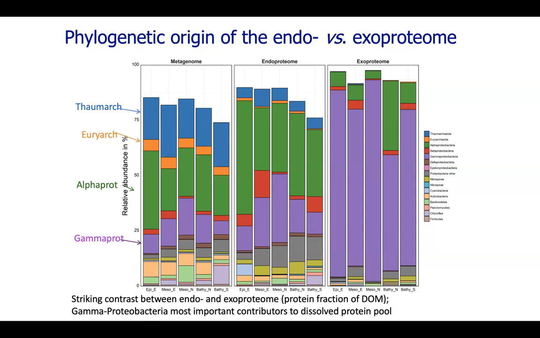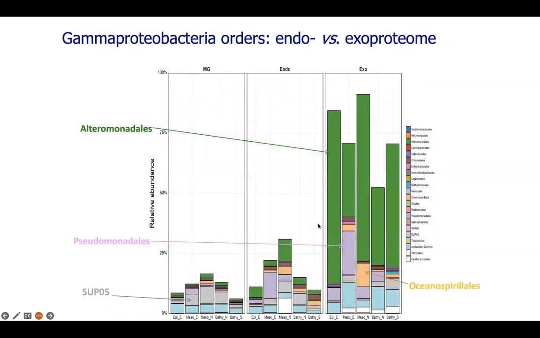And what you see is, well, the metagenome distribution and the endoproteome distribution are fairly similar, with the alpha proteobacteria dominating. Gamma proteobacteria are also important, but they dominate excessively the exoproteome. So the dissolved proteins originating from gamma proteobacteria are by far the most important ones in the DOM pool. And one can break this further down, what these gamma proteobacteria are, and this is shown here. Zooming into the gamma proteobacteria, again it is very similar at the metagenome level and on the endoproteome level, the two left-hand panels, but very different from the exoproteome level, where clearly Alteromonas is dominating